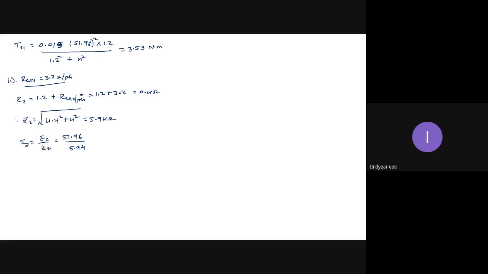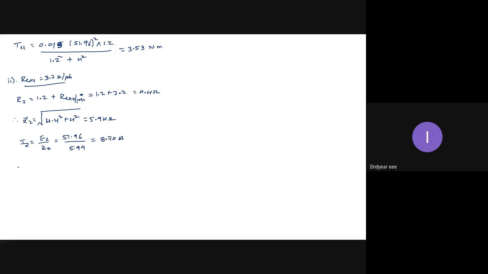You please check whether you have taken 3.2 square plus 4 square. So I2 is 8.74